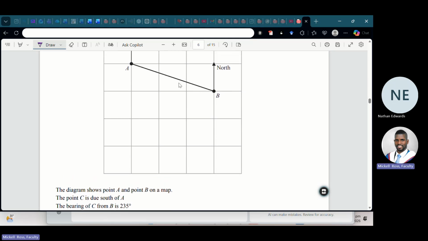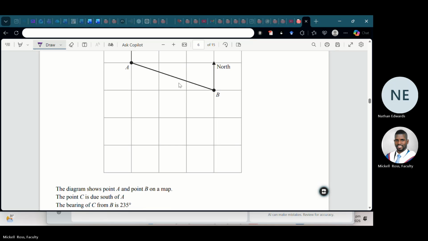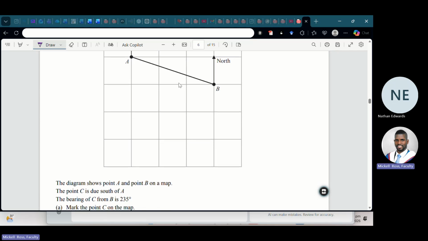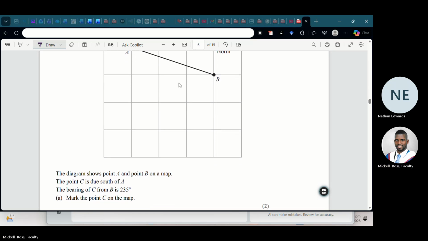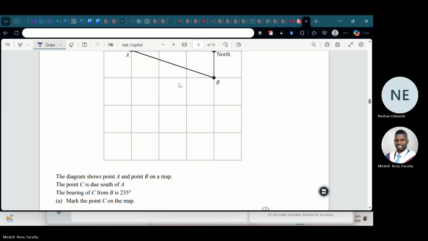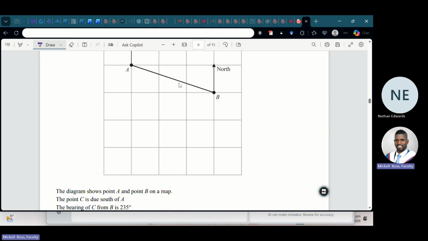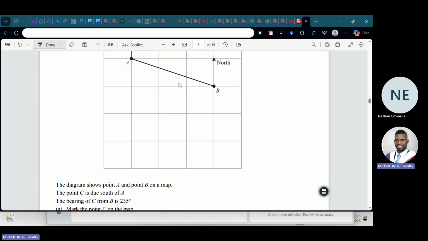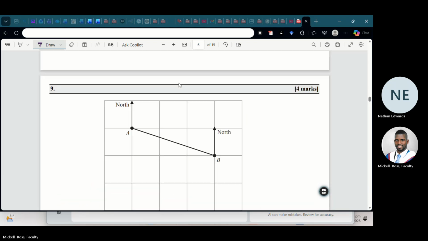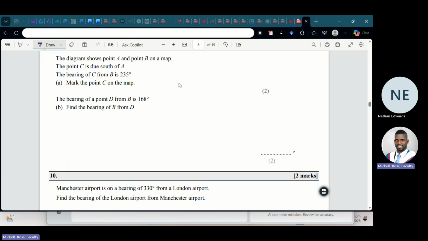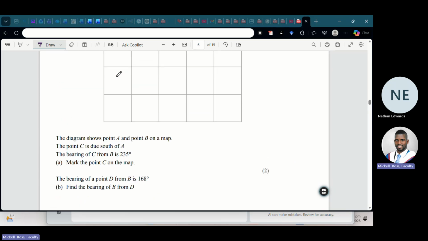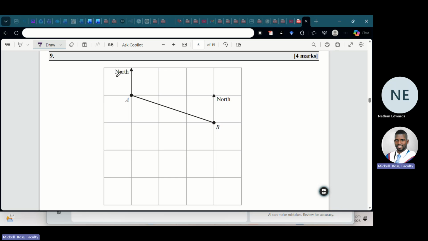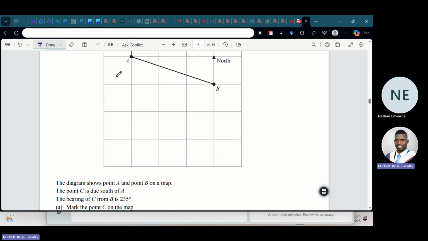That's crazy. The point C is due... Oh, hold on. Where did we see east? Where did we see east a while ago? I'm sure I read something about east. I could swear I said east a while ago. But anyways,